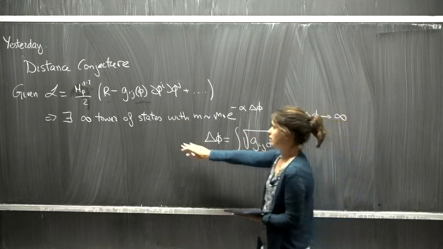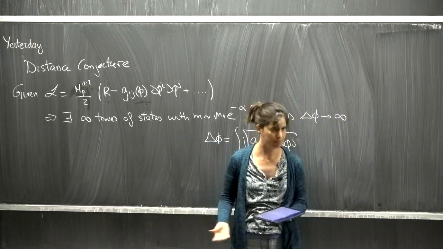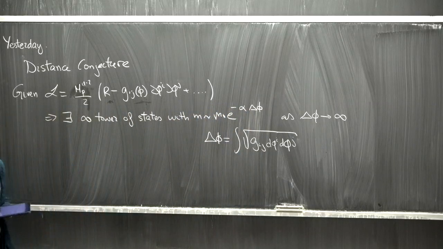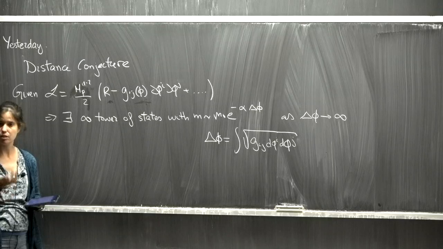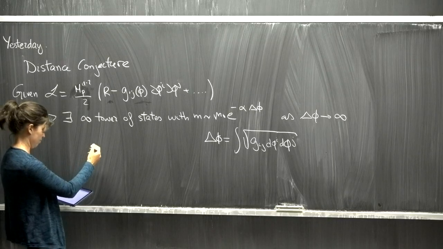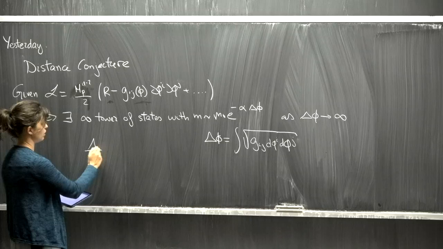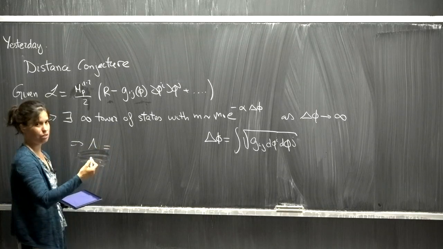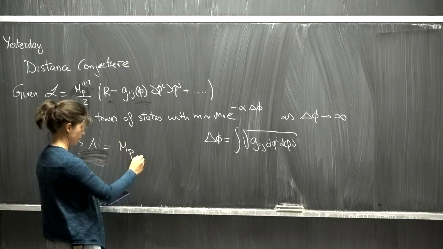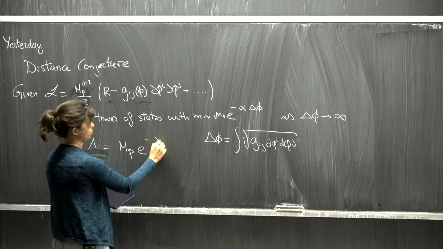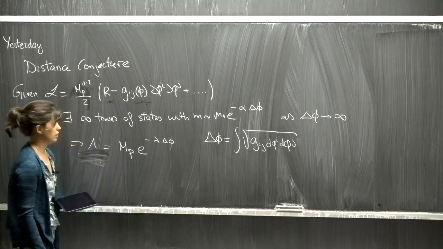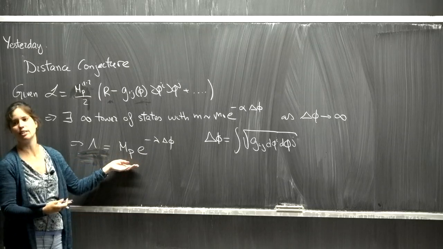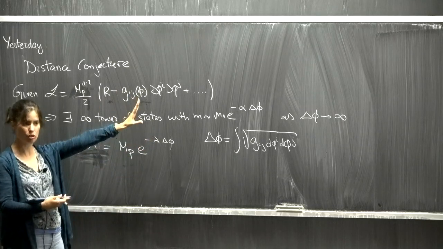Since I have infinitely many states, that means that the effective field theory is going to break down, okay? Because we cannot continue having an Einstein gravity description. You can think that all of them will contribute to the graviton propagator, so that's what reduces the cutoff. If I have time, I will explain this more carefully, but the idea is that the cutoff also behaves exponentially, maybe with a different power, with this distance. So the EFT breaks down at a scale which can become parametrically lower than the Planck scale if we are in these corners of the moduli space.